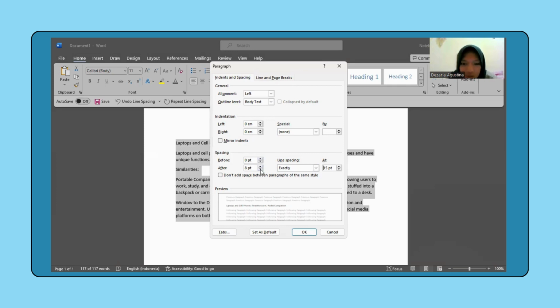I think I'll try 10 point after each paragraph, and then click OK.